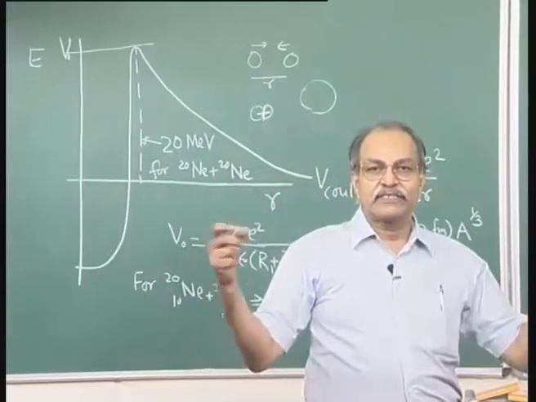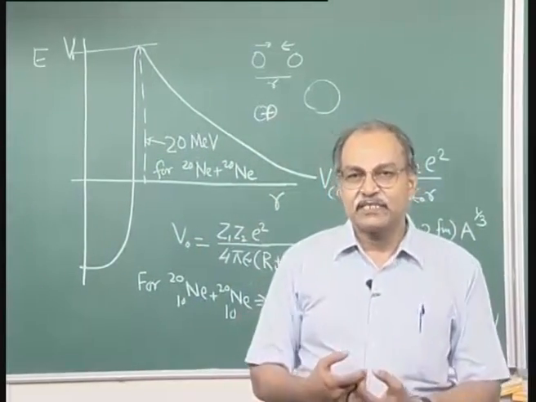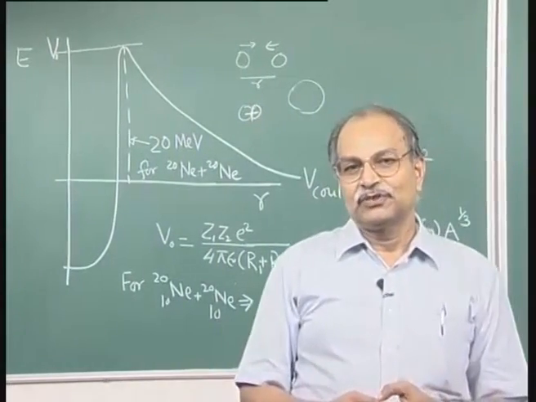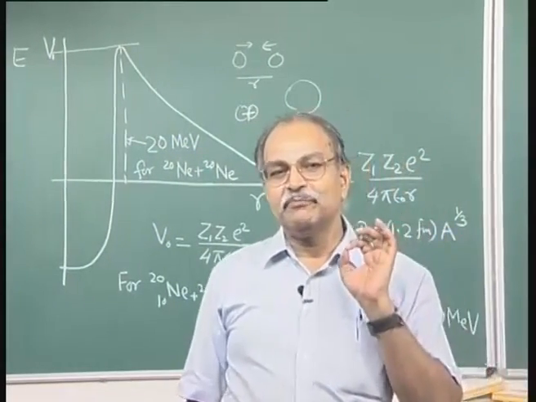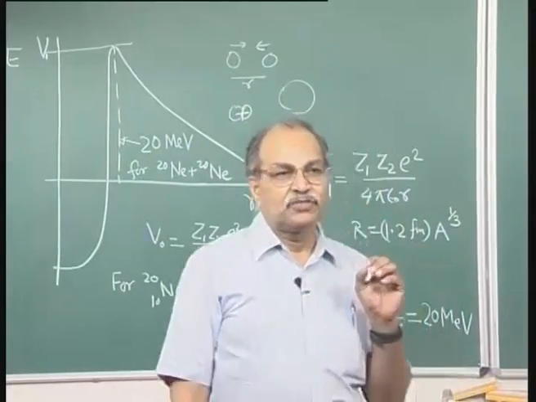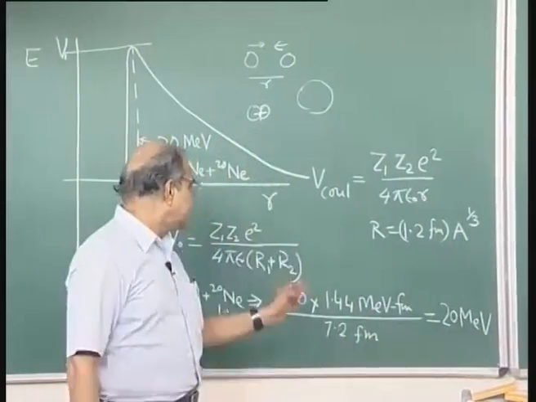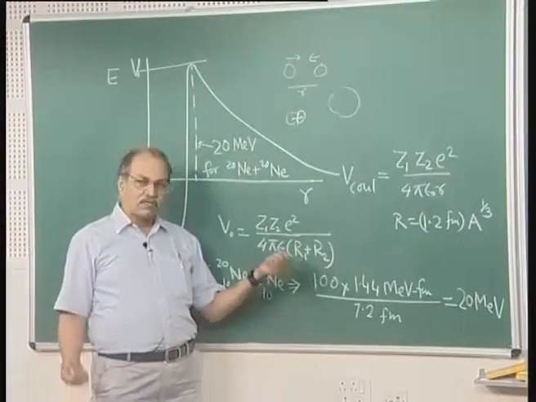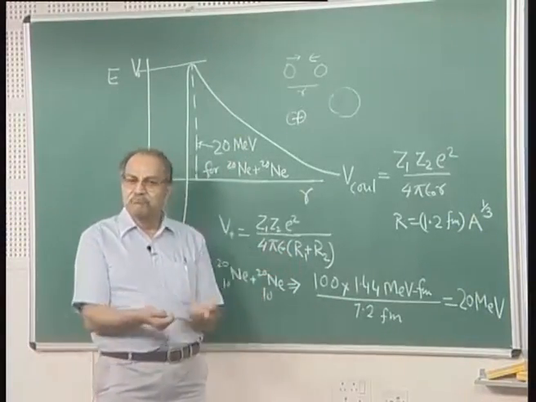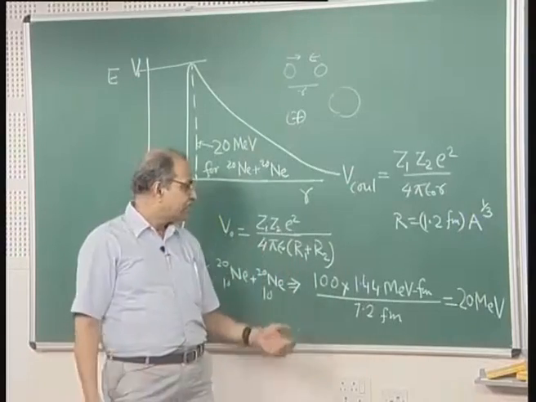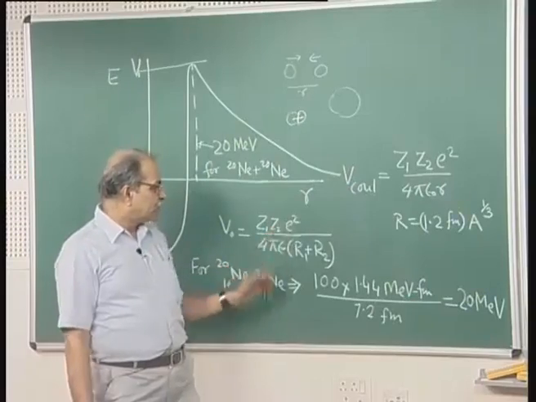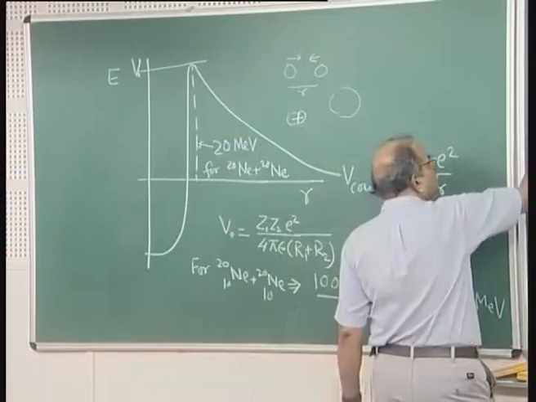In the Sun or in stars, when hydrogen fuses, the first step is proton-proton. So there the Coulomb barrier will have the minimum Z1 Z2. If I take just that case, Z1 Z2 is 1, and for the radius take 2 femtometer, the range of nuclear interactions. So this will be 1.44. So, for proton-proton,